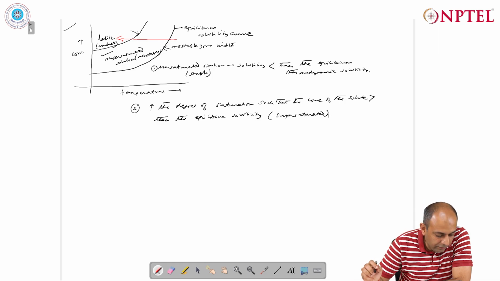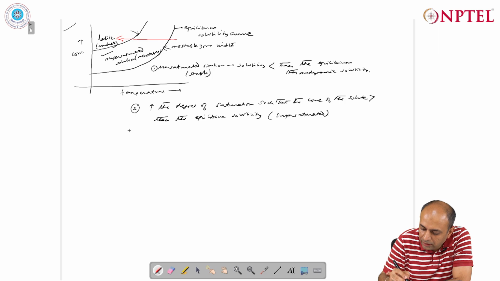And for this there are different methods. For example, we can lower the temperature of the system,